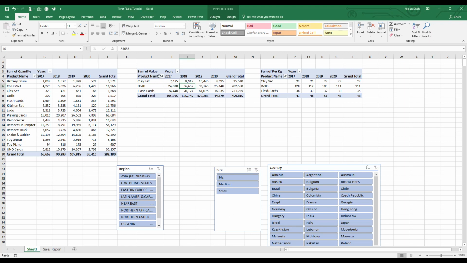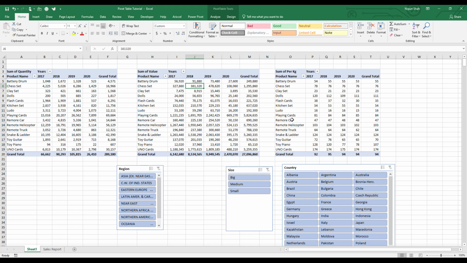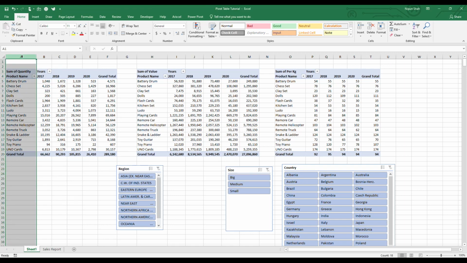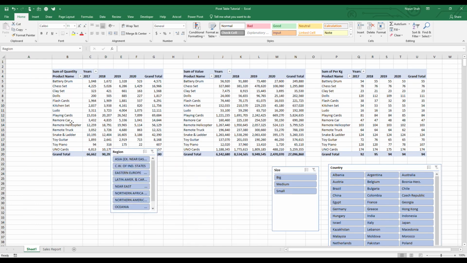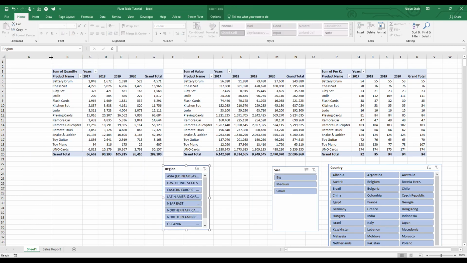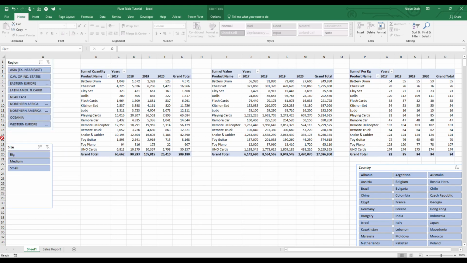Let me remove the filters from here. Remove filter and remove filter. This is all of my data again. So I can place these slicers to make it a dashboard, which I will show to you. For that, I will insert one column here, put the region here, actually more wider, put the region here, put the size here,